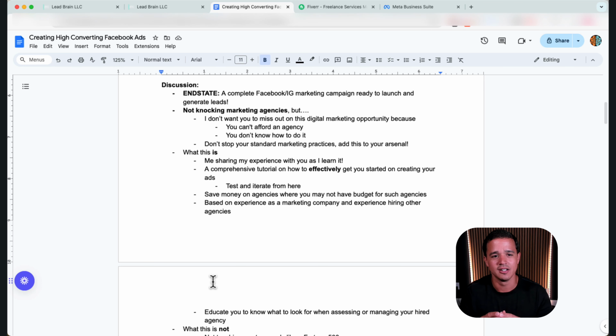I just thought that they always had the secret sauce. There's something more that I'm missing. And one requirement I had of every ad agency that I hired was that they run the ads in my account. And if you plan to hire an ad agency, I recommend that you do the same so that you can manage them. But as I hired these ad agencies and I watched them iterate and I watched them create the campaigns and set the interest and set the targeting, I was like, there's no secret sauce.